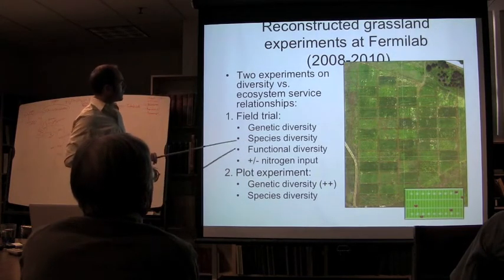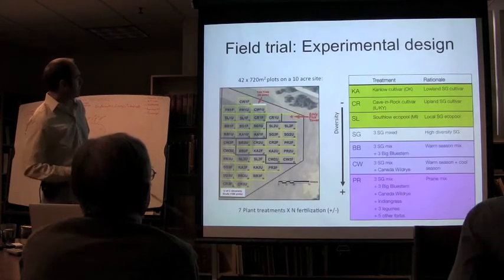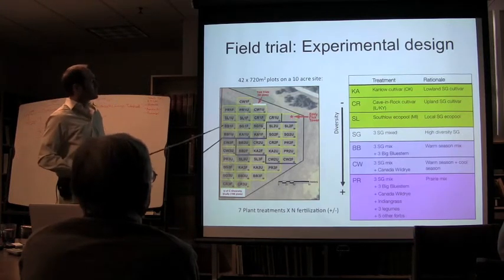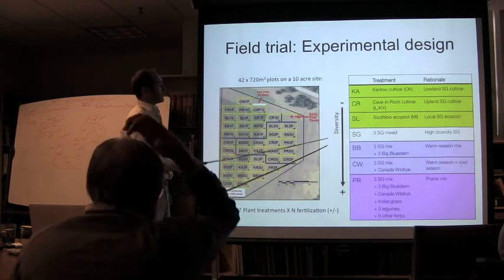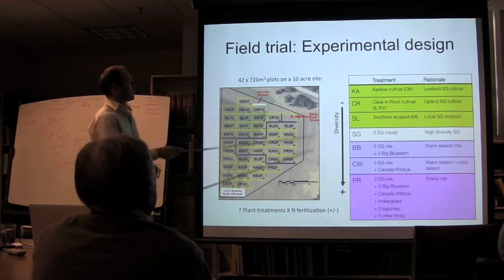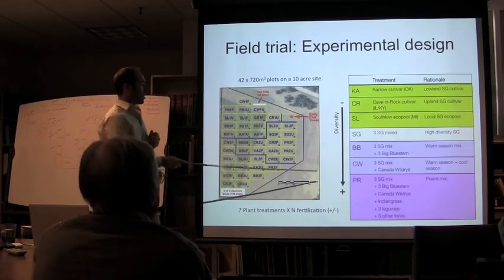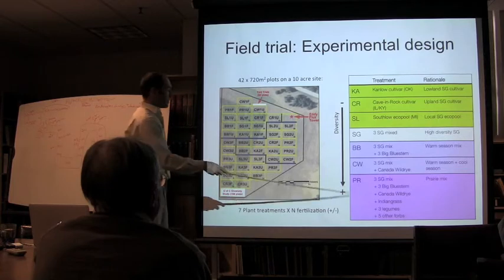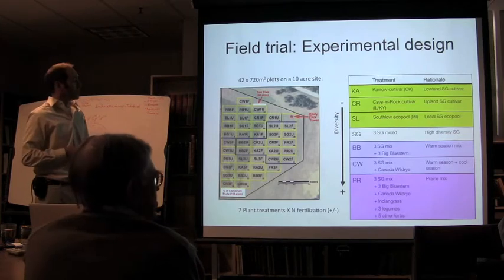And so they have different diversity treatments and two nitrogen treatments. The way we did this large common garden was to block it in three units. There's a cultivar, so this is like monocultures, and then an eco pool of multiple types. There's a local type and the two elite varieties that were recommended in upland and lowland. And then with big bluestem, which is another species, or with Canada wild rye, which is a C3, so mixing warm and cool season, and the prairie mix. So can we look at genetic diversity and species level diversity effects on productivity in these plots?